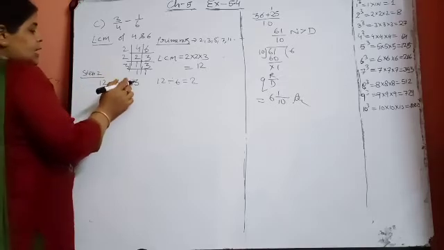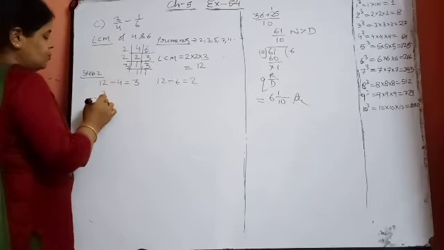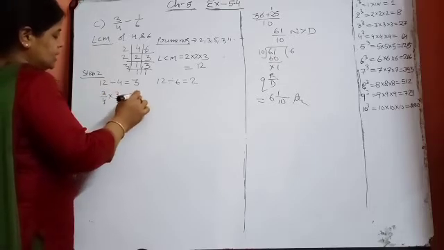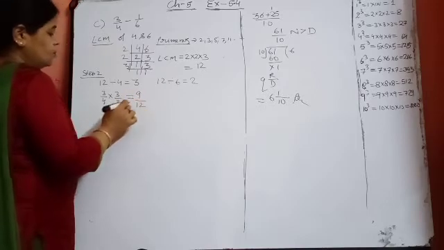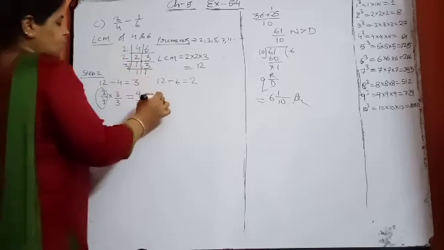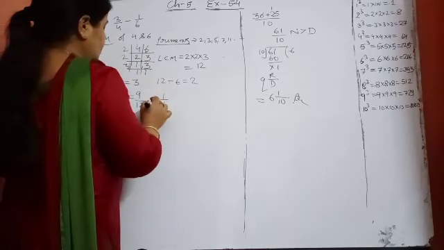Okay. Now see, when the first denominator is divided, you got 3. It means the first fraction 3 upon 4 will be multiplied by 3 upon 3. What will you get? 3 times 3 is 9 upon 4 times 3 is 12. Okay. It means 3 upon 4 can be written as 9 upon 12. And 1 upon 6.